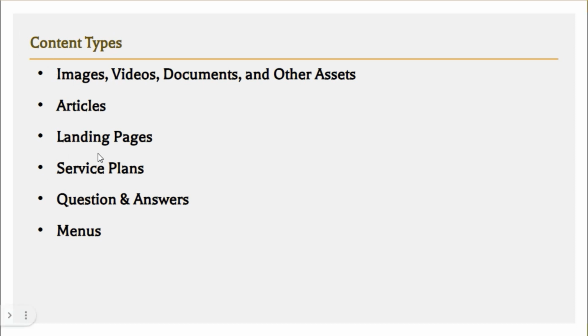And what are the various service plans? There could be extended warranties and different types of service plans, like a 1 year plan, 2 year plan, 3 year plan. Maybe you will have to pay some extra amount, and there could be comparisons of different pricings and plans. So all those could be one of the content types. And general questions and answers like FAQs could be one content type, and menus could be one of the content types. In general, whatever components we generally create in AEM could be